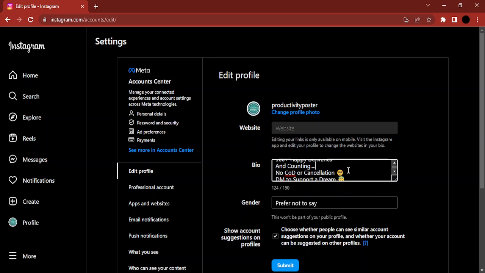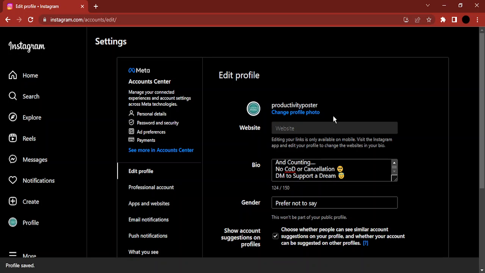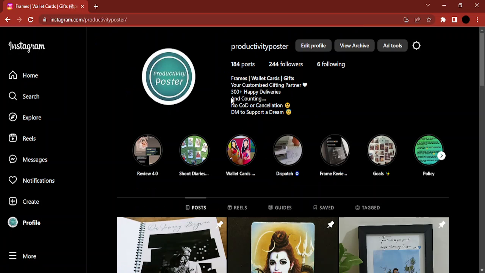So the word limit is within the limit, and once I'm happy with it, I can simply just click on submit. And once I do that, the profile is saved. I can again go back to my profile and I can see that here I have added the bio in